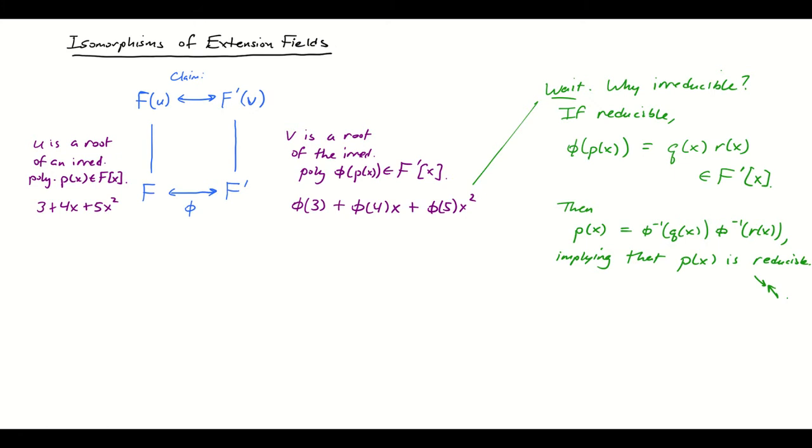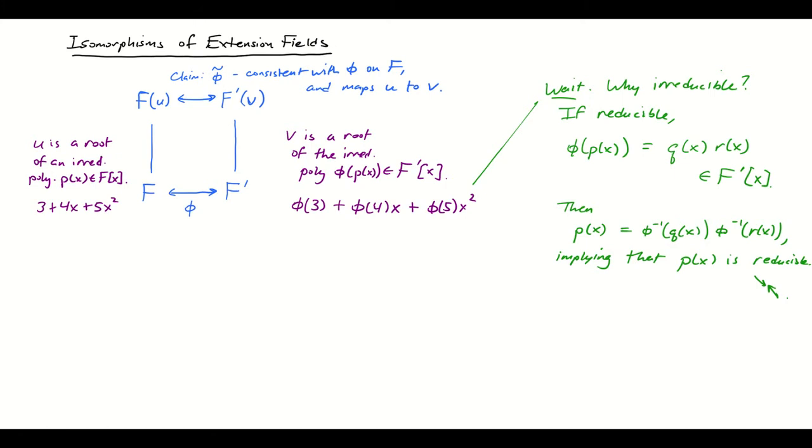That there's an isomorphism which we will call phi tilde that maps F adjoin u to F prime adjoin v, and it's consistent with phi on F, meaning that it does to F exactly the same thing that phi does, and it maps u to v. We're going to do the actual proof of this theorem in the next video, but for now